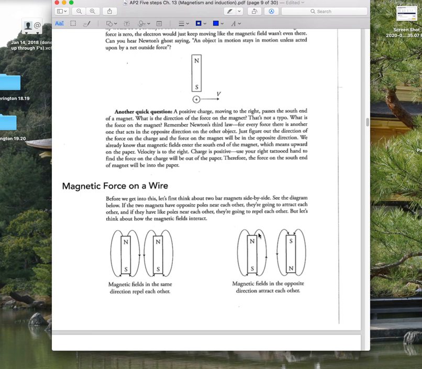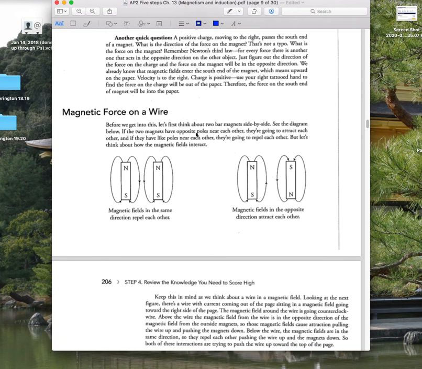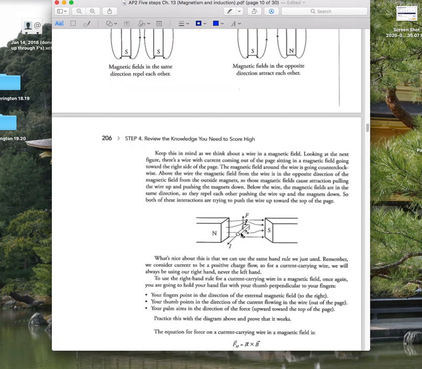Magnetic force on a wire. Okay, something like this. If you remember, we did that lab around Christmas time, which I think was a really good lab, and that would be a great thing for you to review, because I do think this is a fairly likely topic. Definitely something with electricity will be on your AP exam this year. Could be magnetism, could be circuits, could be capacitors, could be charge, stuff like that. All right, anyhow,